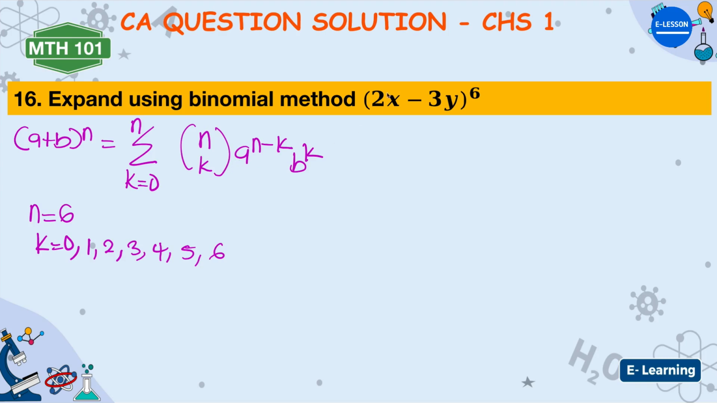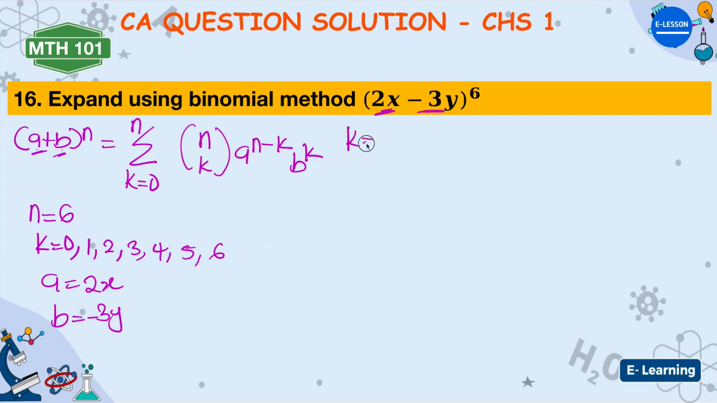Remember, this is (a + b)^n. So a is the first thing you have here, which is 2x. Our b is the next thing you have here, which is minus 3y. So b is minus 3y. Is that okay? Now that you've gotten all this, let us look for when k